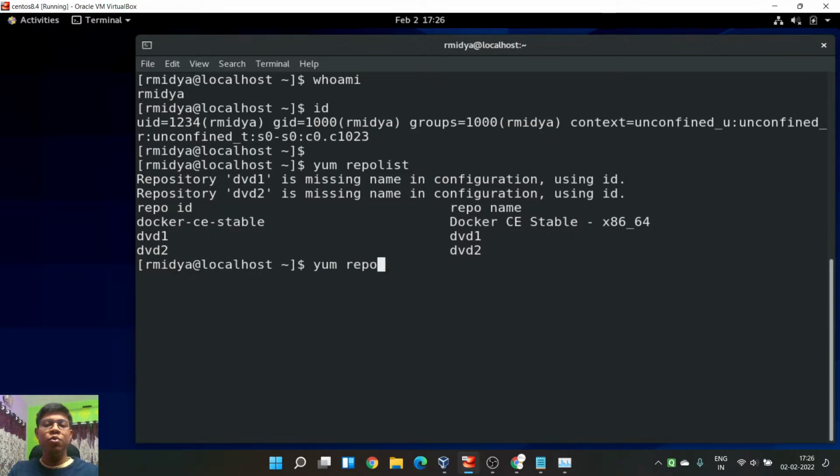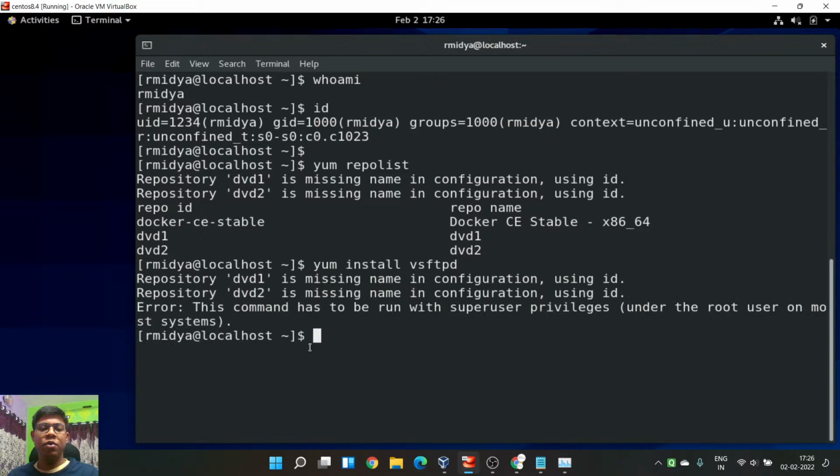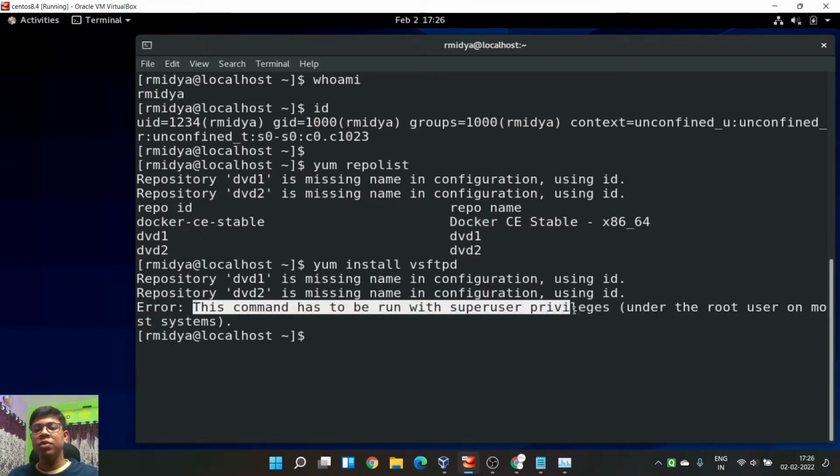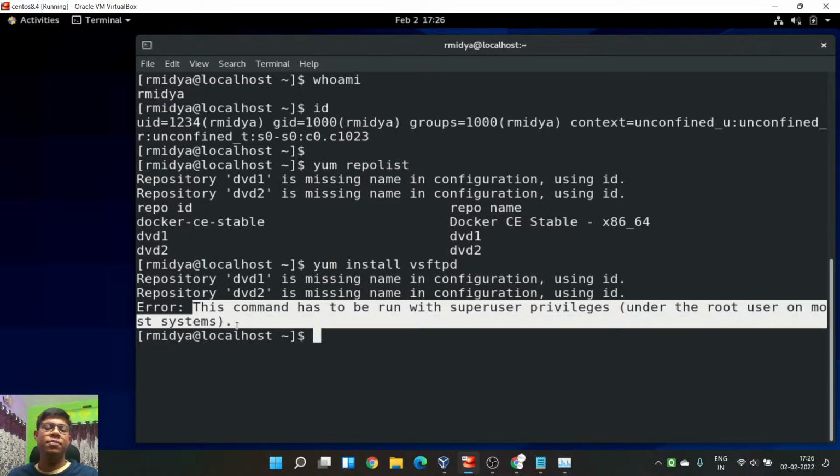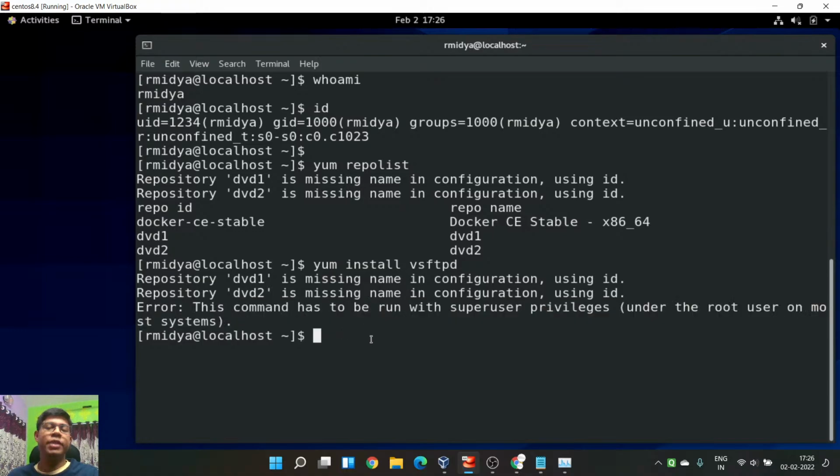But if I do this kind of thing, yum install, let's say one of the software called vsftpd, what it's showing is: this command has to be run with superuser privileges under the root user on most systems. Why is it showing me this?